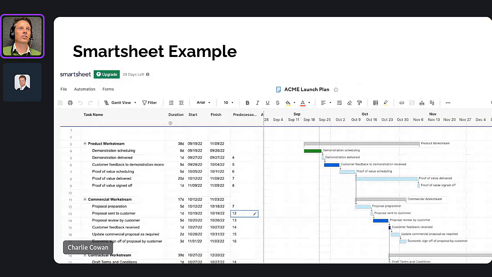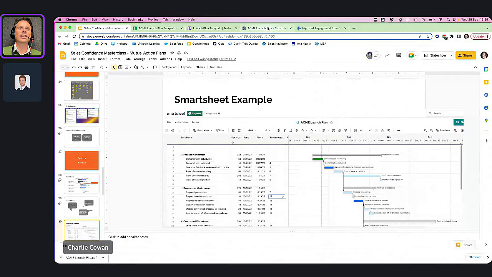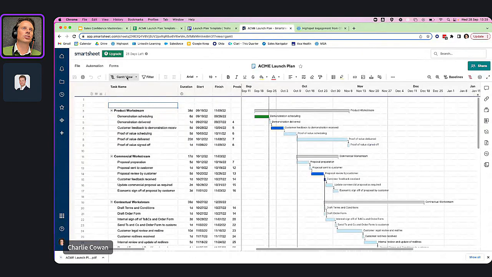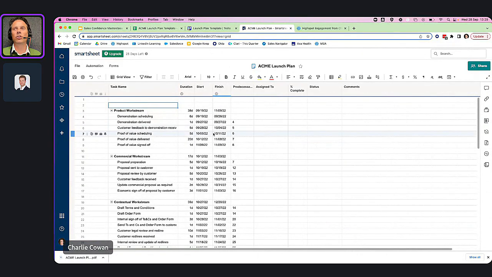So let me jump into the Smartsheet example and I'll show you. So Smartsheet, again, is a nice little SaaS tool, really easy. Your company might have access to it or give you a license, or you can just get a personal license. It's like $7 or $8 or pounds a month. I think it's not a huge investment and is well worth it if you're just going to bring one more deal in on time.